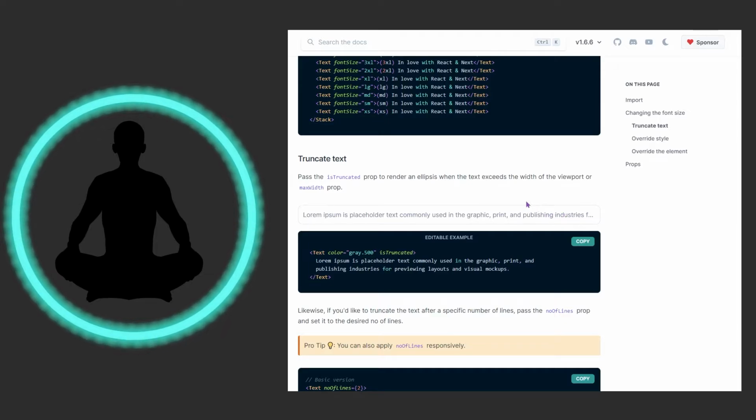What's after that? It's, of course, for previewing layouts and visual mockups, but we have isTruncated right here, so it's not going to cut down to the next line or wherever, because this is all the space that it has. So it adds this ellipsis right here, and I think that looks kind of cool, to be honest,